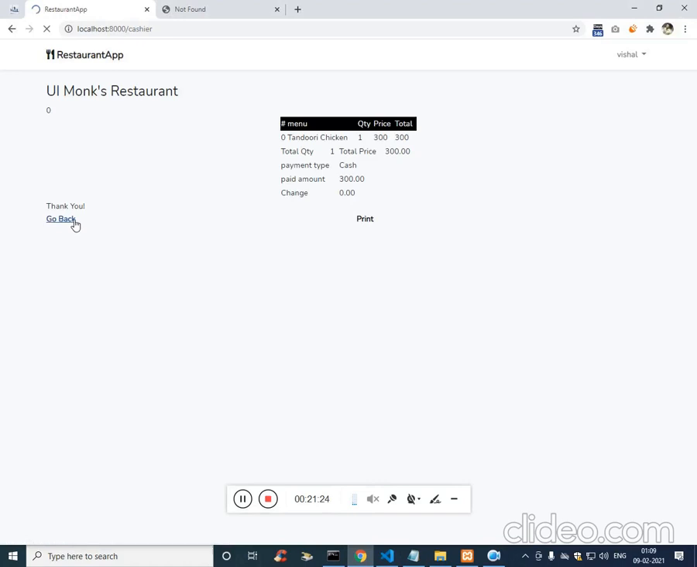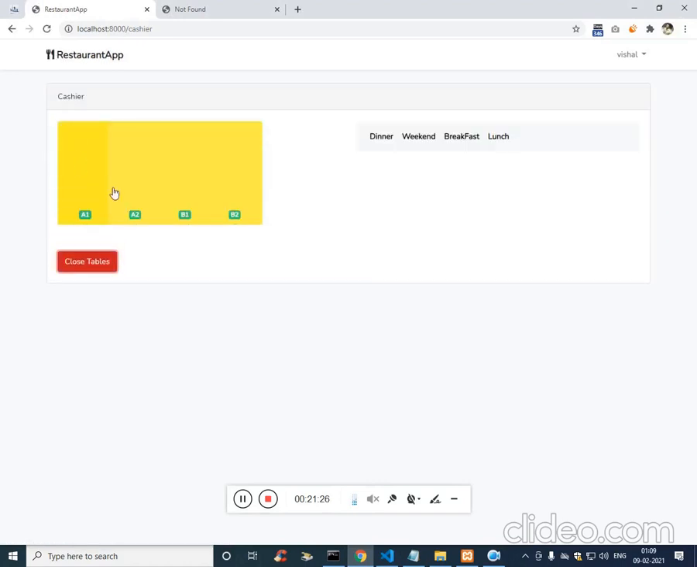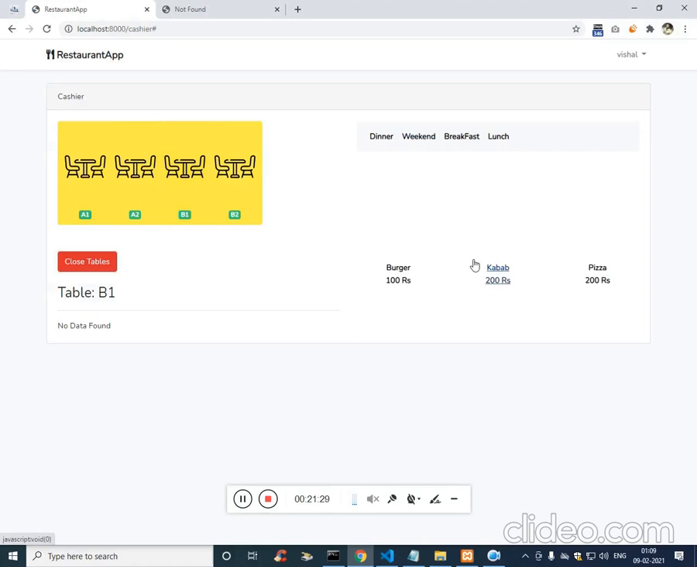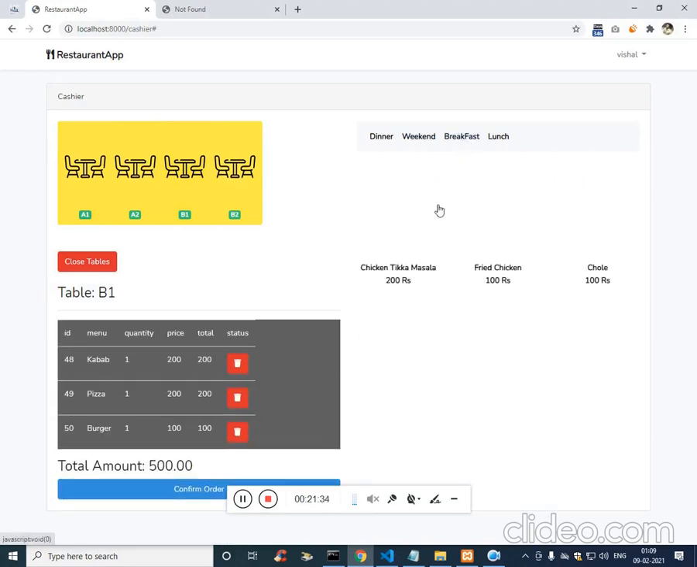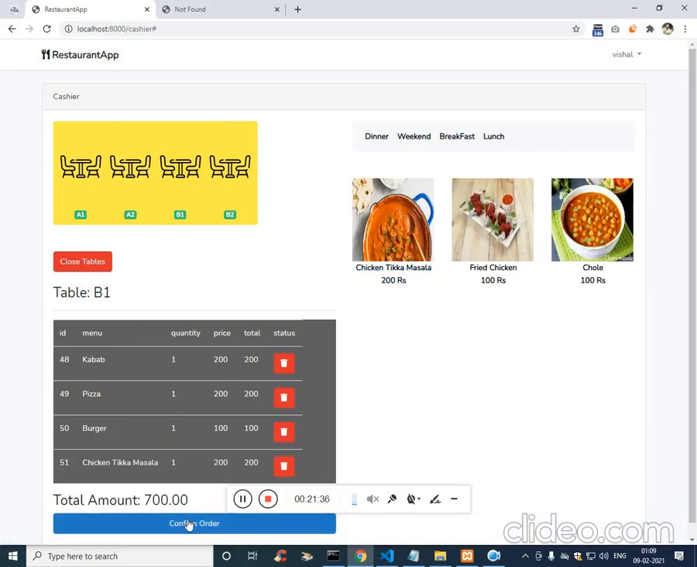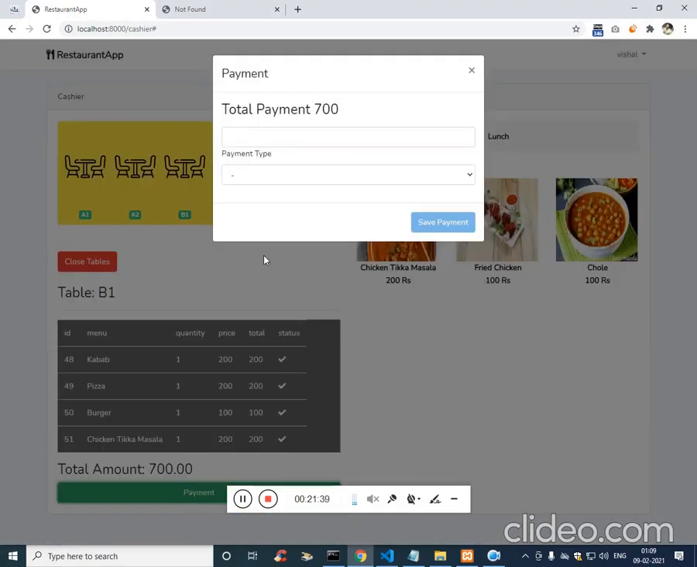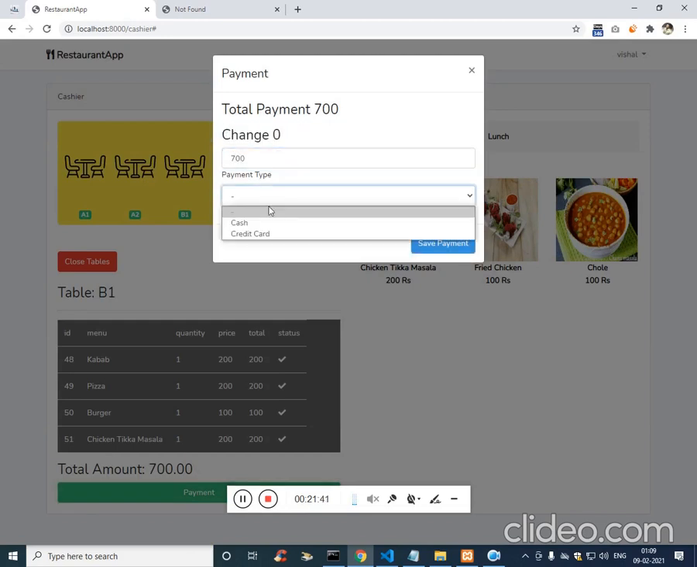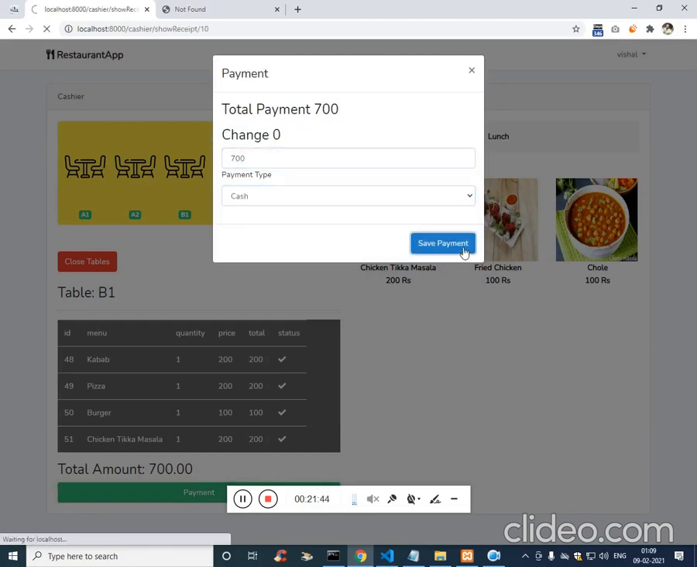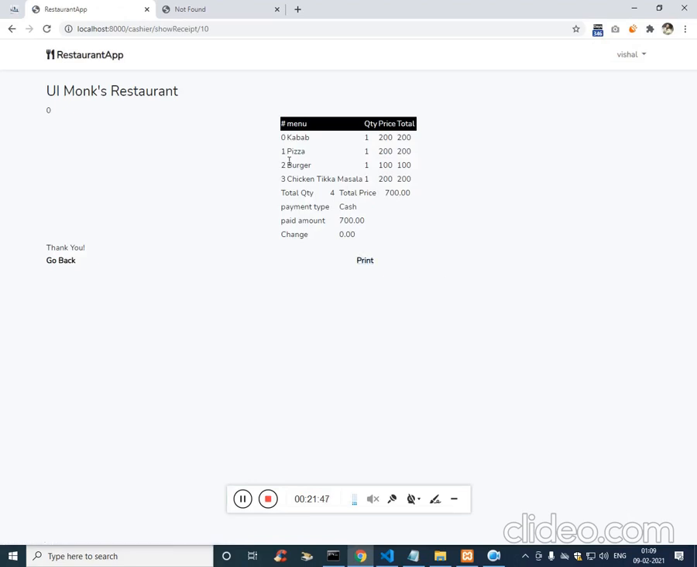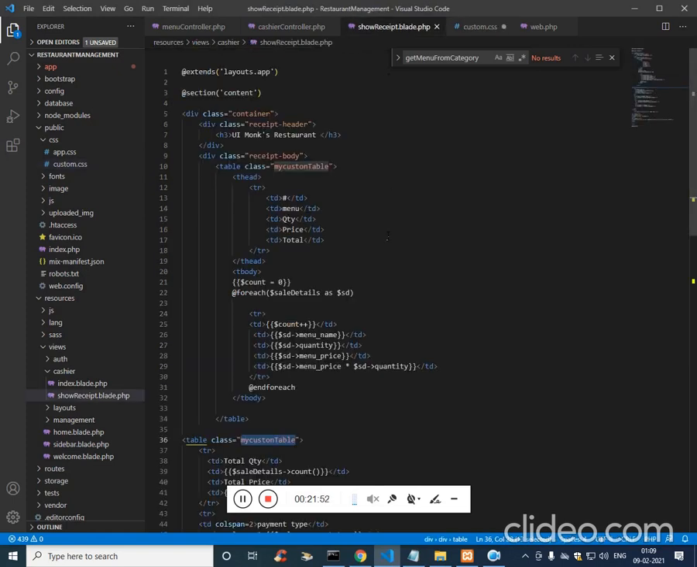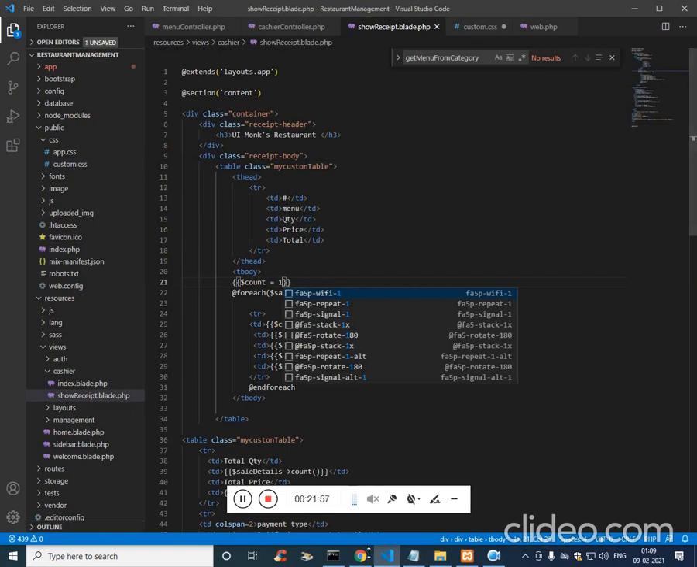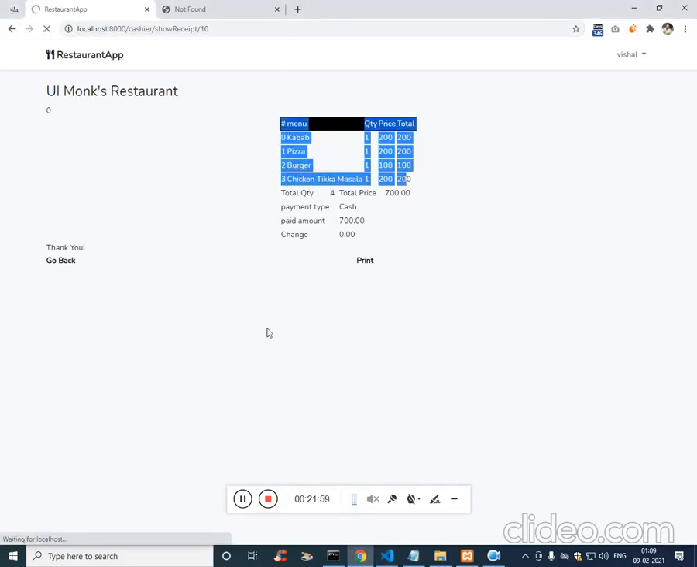let's go back and let's try to add some more column. Pizza, burger, breakfast, chicken tikka, confirm, payment 700, cash, save payment. And now you see starting from 1, press this,